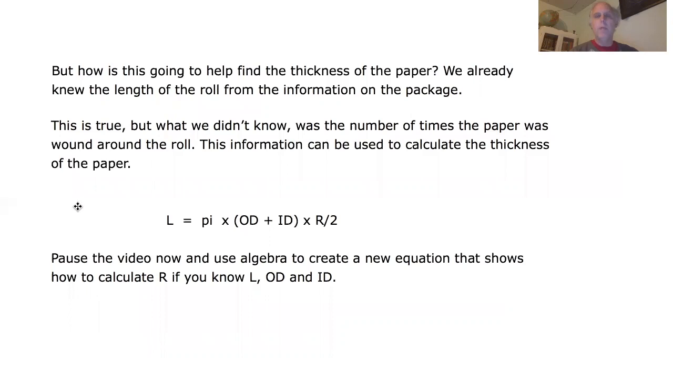This information can be used to calculate the thickness of the paper. All right, so here again is our formula for the length of the roll. Length equals pi times (outer diameter plus inner diameter) times R divided by 2. Okay, at this point, I'd like you to pause the video and use algebra to create a new equation